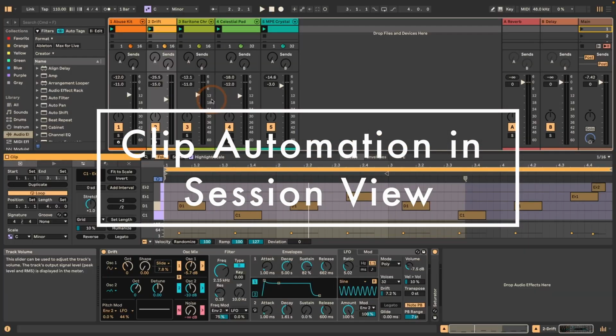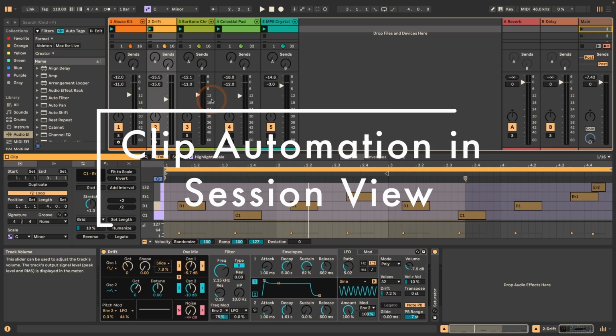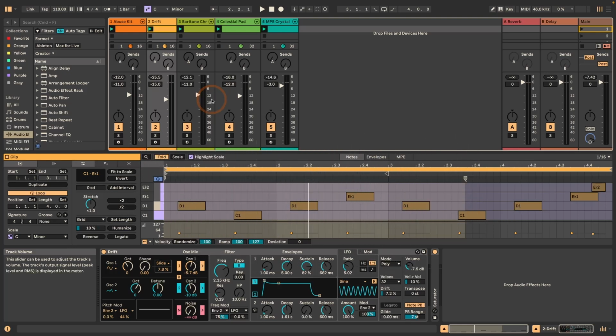This time I'm going to cover clip automation, so the automation in the session view. This is a feature that was introduced in Live 10, and since then quite a few changes have been made to the clip view and also to extra features for automation. Someone asked me a while ago if I could cover the topic, and it turns out there isn't all that much on YouTube that covers all of it, so this is what we're going to look at